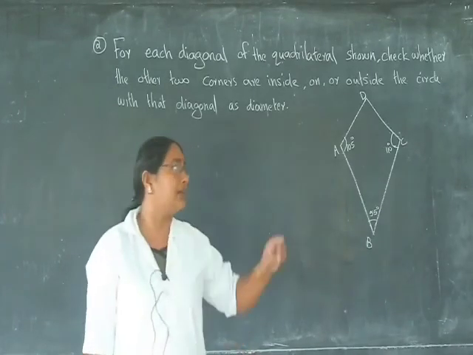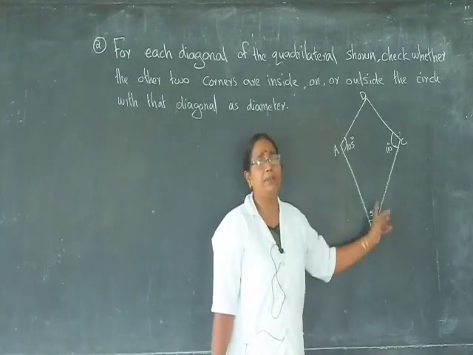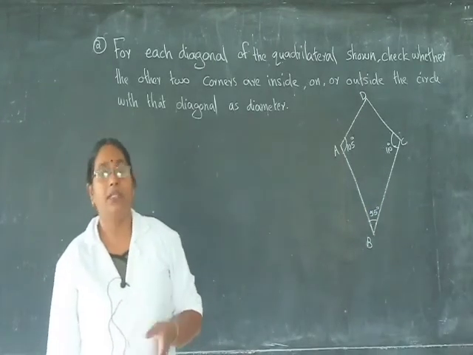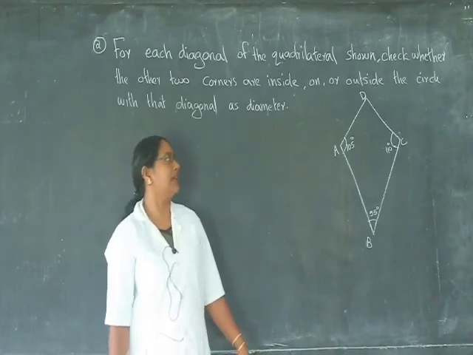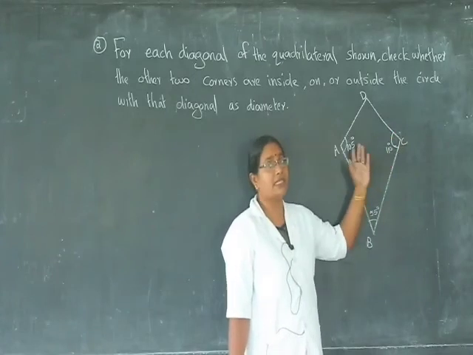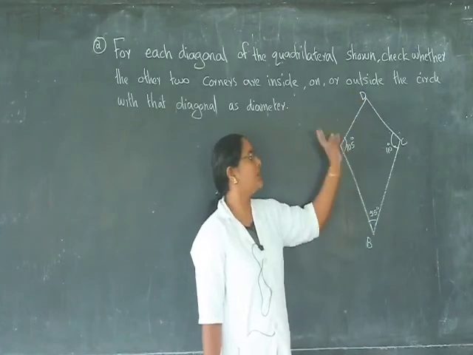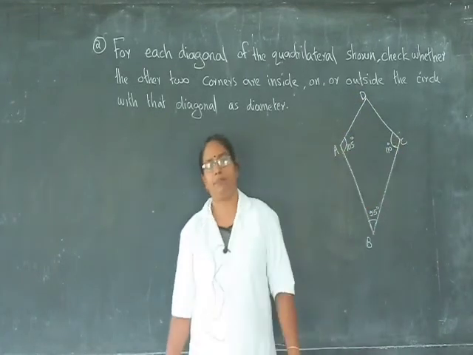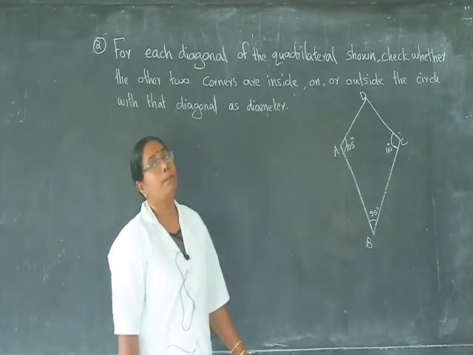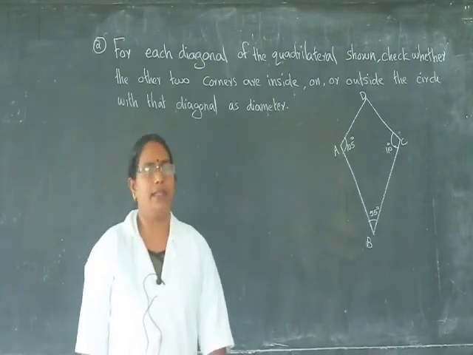What are the diagonals? Here I have already given the name of the quadrilateral, A, B, C, D. 2 diagonals are there. Join the opposite vertex A and C. Not the adjacent vertex, the opposite vertex. A's adjacent vertices are B and D, so the opposite vertex is C. Therefore, join AC. This is the first diagonal. The second diagonal is BD. Join BD. One quadrilateral has 2 diagonals.